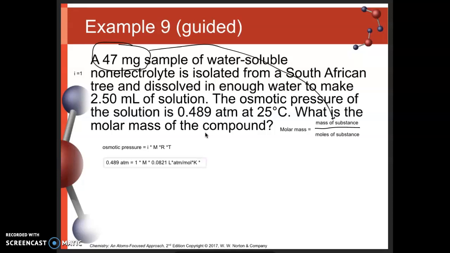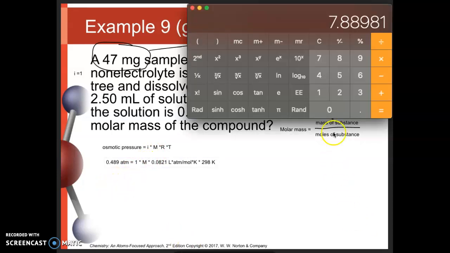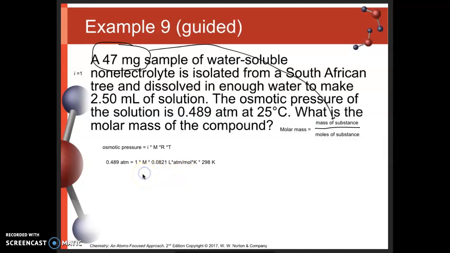And our T value, 25 degrees Celsius, is 298 Kelvin. So if we set ourselves up, 0.0821 multiplied by 298 times 1, we get 24.5, well, let's keep this unrounded, 24.4658,